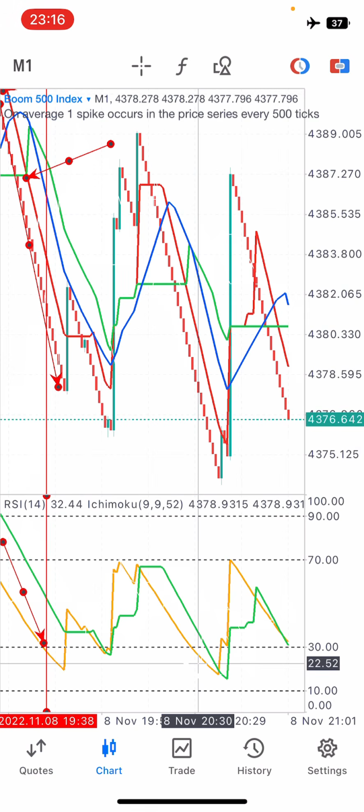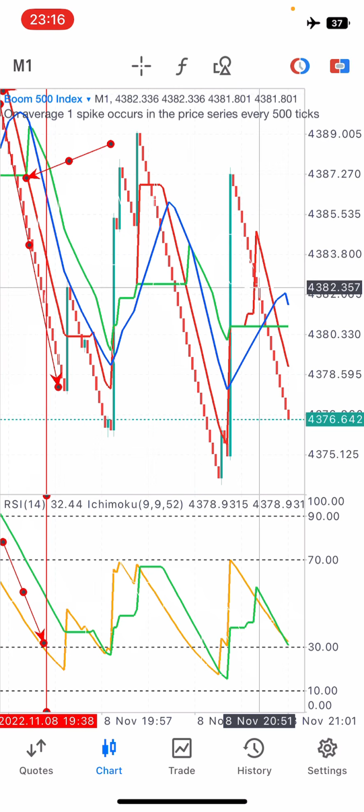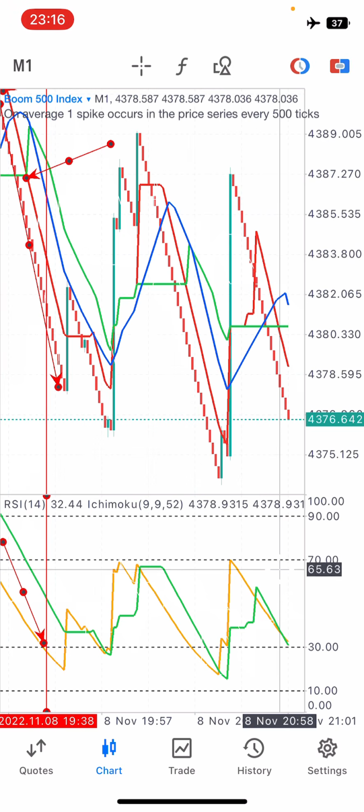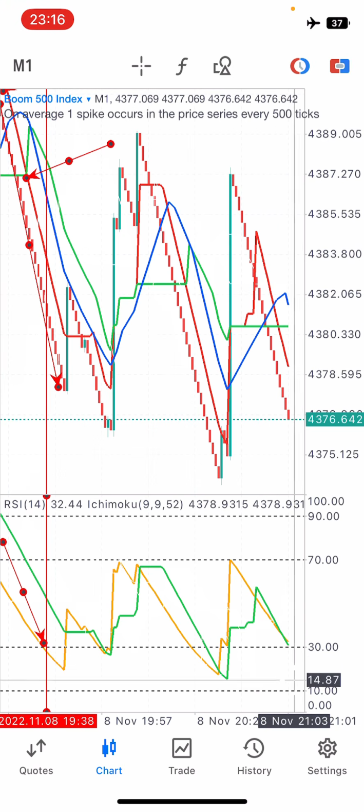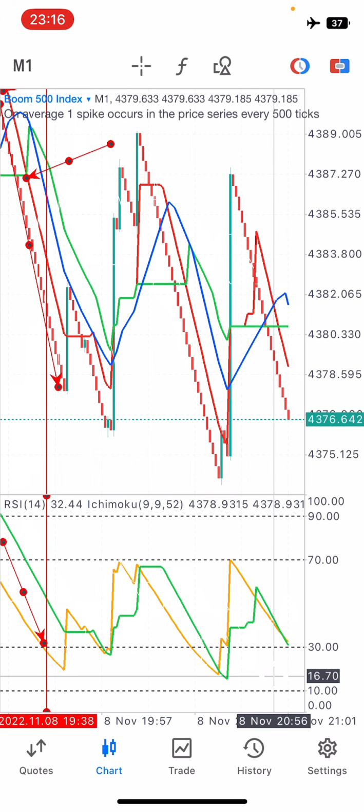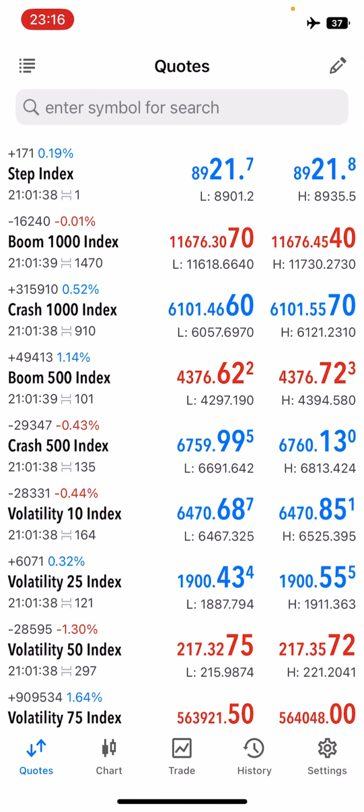So let's say you have a late entry like this. You enter here. Once you see that the gold and the green line are now in the region of 30 to 10, you need to exit your trades. Why? Because that's a high spike zone for Boom. Okay, let's check on